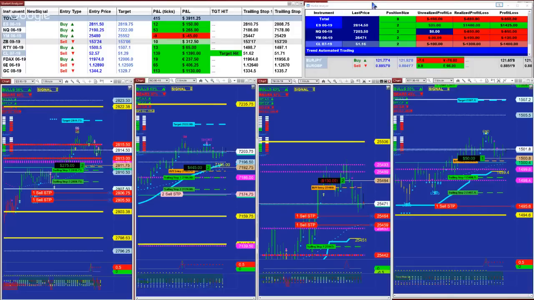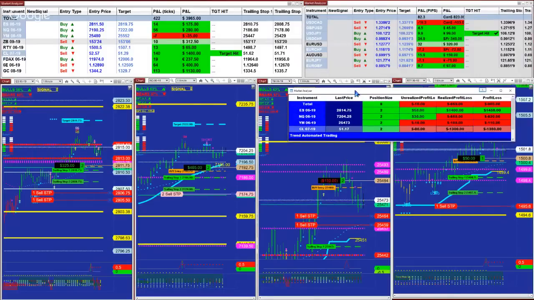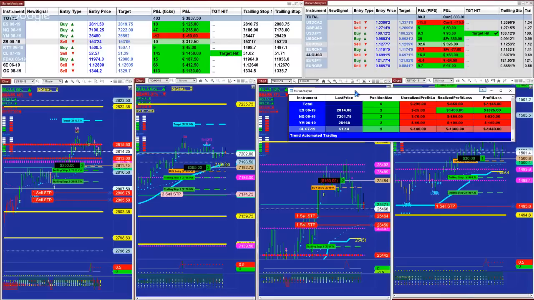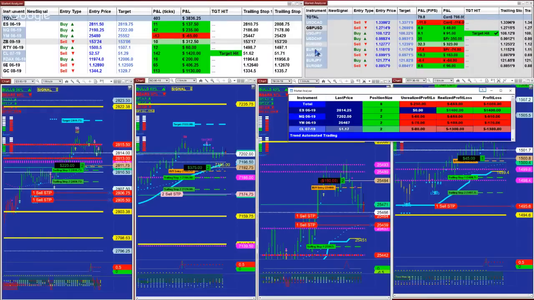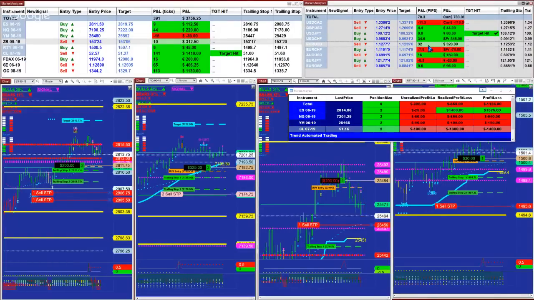Let's look at the Forex. Well, the Forex are a little bit better than the futures today. There are 78, 79 pips, but I only look at the euro dollar actually, and it is up 32. That's okay, but